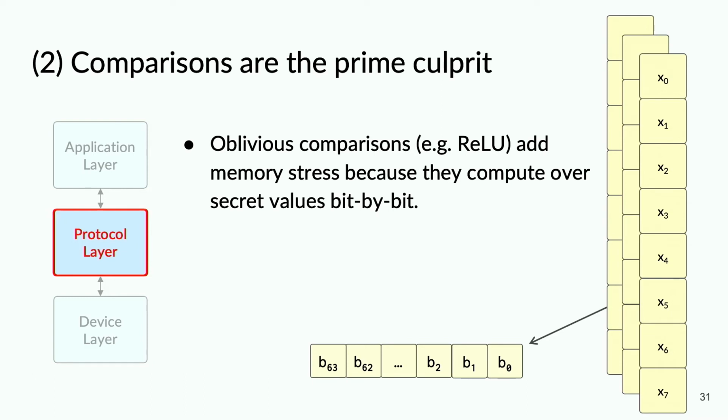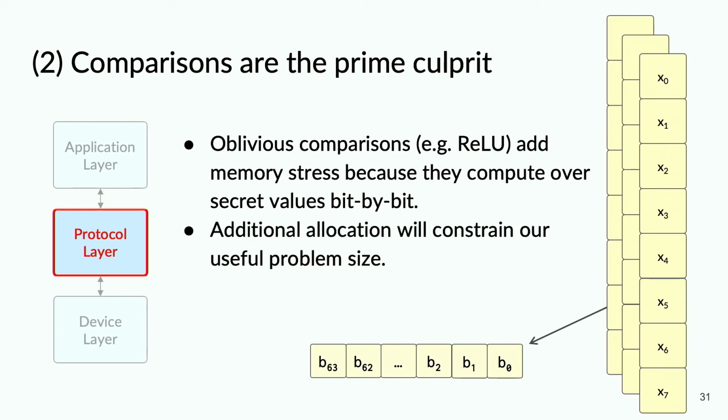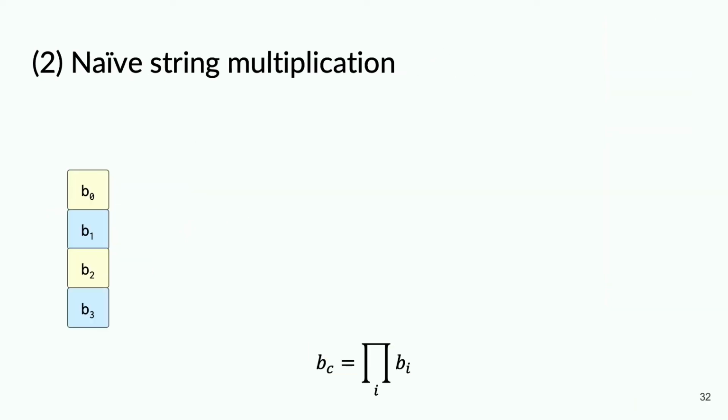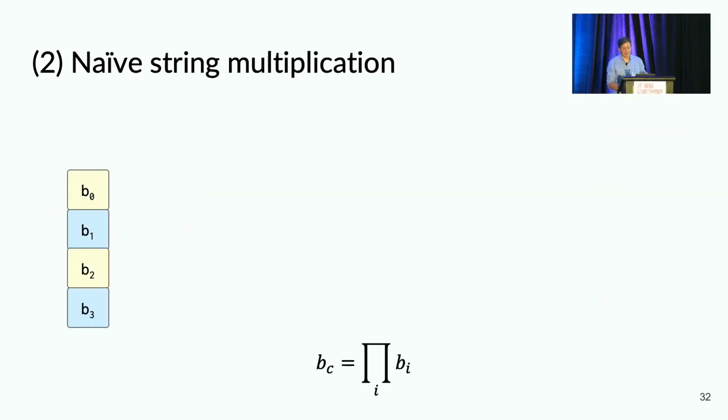So we go from 2 times to 10 times more memory pressure just from this expansion. So anything else we do is going to limit the problem size that we can support, and you can think of it as like the model size for machine learning. So to illustrate this, let's look at a simple operation, which is to perform the multiplication of each bit in